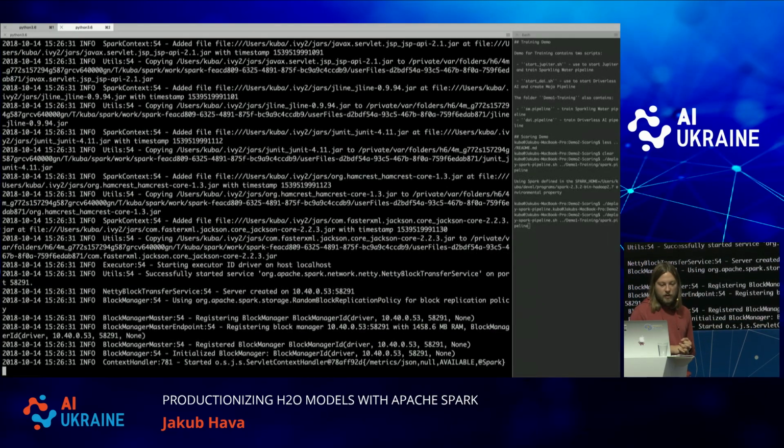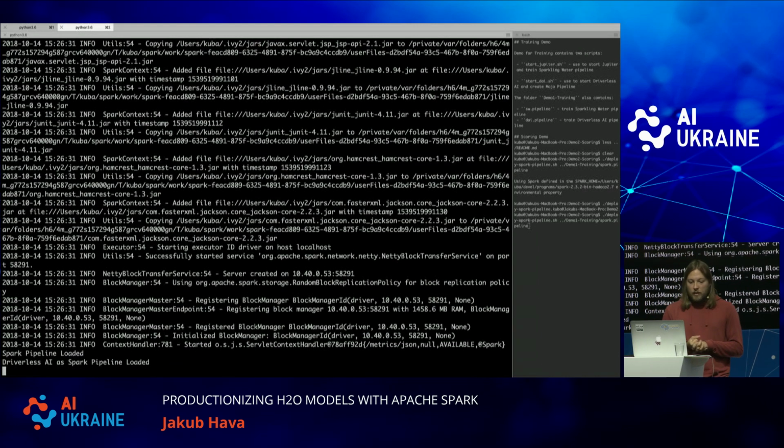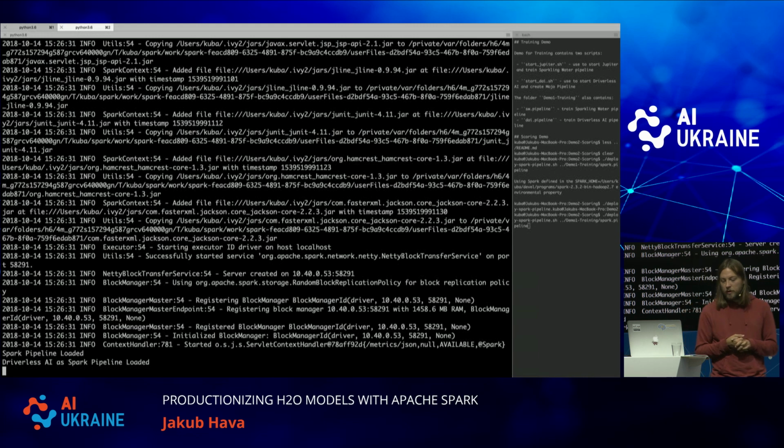So what we should see in a bit is that Mojo was loaded and Driverless Mojo was loaded. So both pipelines have been loaded, and we will right now run predictions on them. It will take a while to